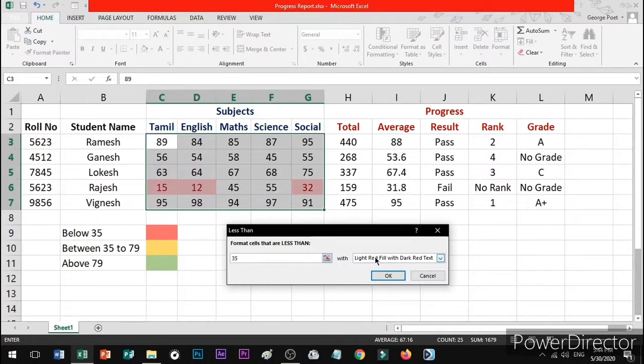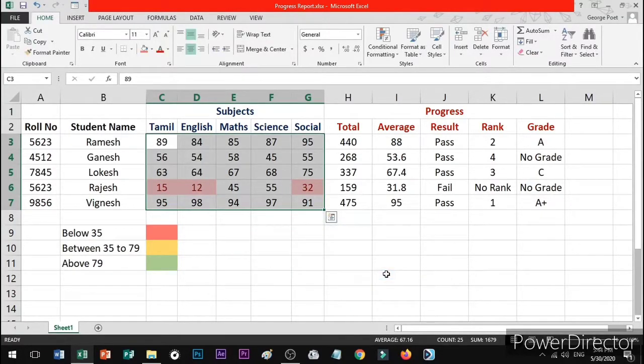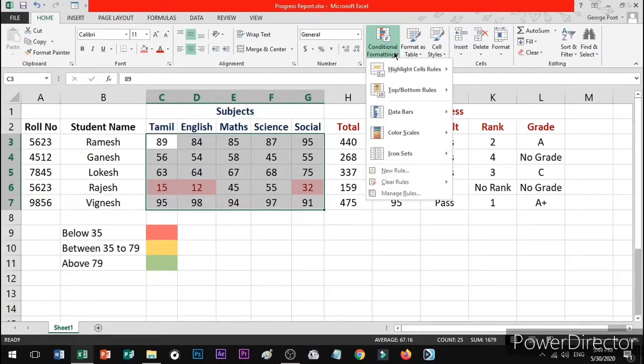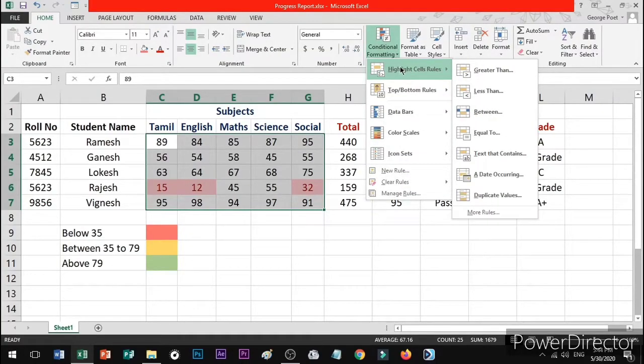Then you must change the color into red. Then select the color red. Then click on OK. Then automatically the color changes into red. You can choose any one of the colors, but as per our condition, we have to select the colors.